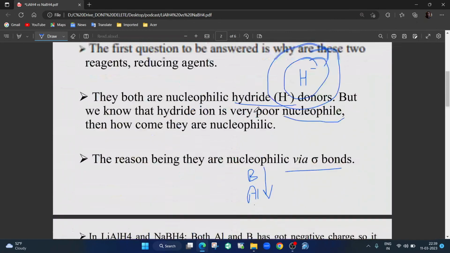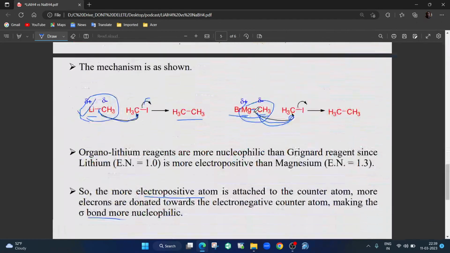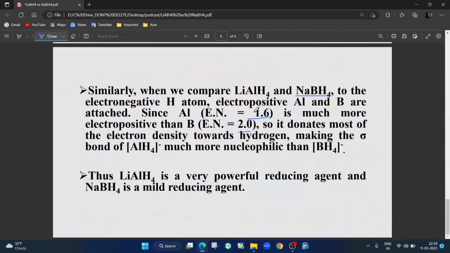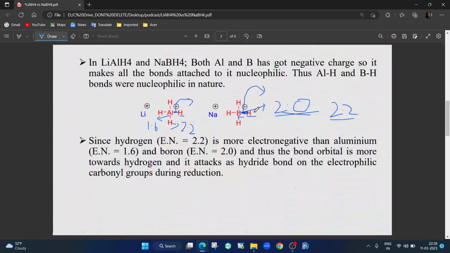So whenever you show a mechanism, let me show here. When you show the mechanism, oh, I have not shown, I should have shown, okay? So let me draw it here. So whenever you show the mechanism,